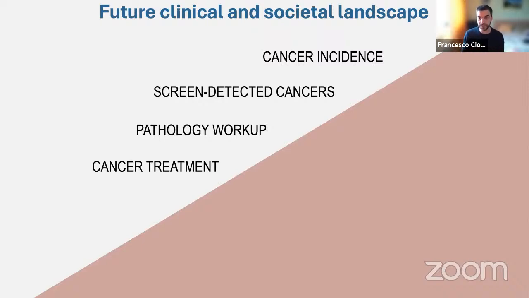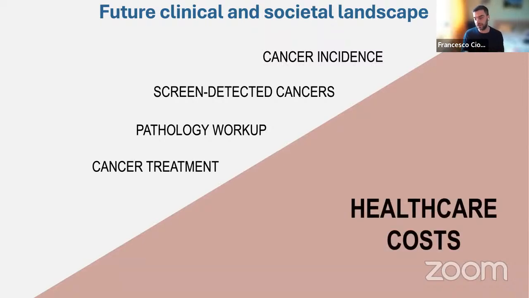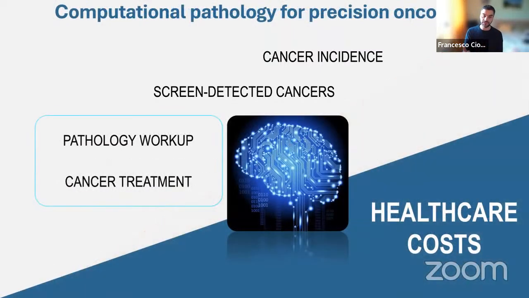So this depicts a picture where actually the costs of healthcare are going to grow. Actually, they are growing already. And at some point, it will become not sustainable anymore. So in the rest of this presentation, I would like to pitch a bit how we could use AI to reduce this healthcare cost and improve healthcare in general, focusing on reducing the pathology workup, so less work for pathologists, or a more efficient way to do diagnosis, and also how to address the cancer treatment question, how to best treat patients.